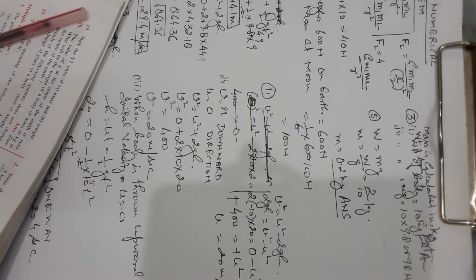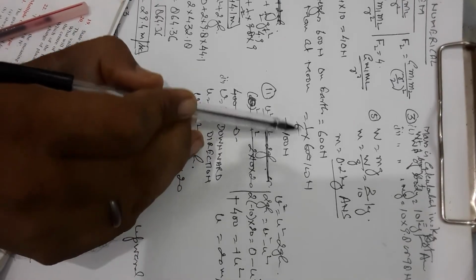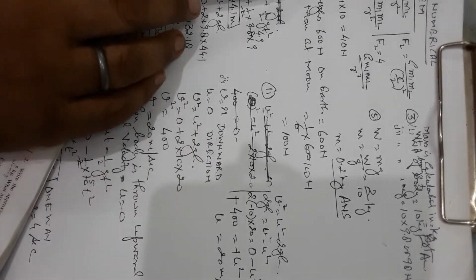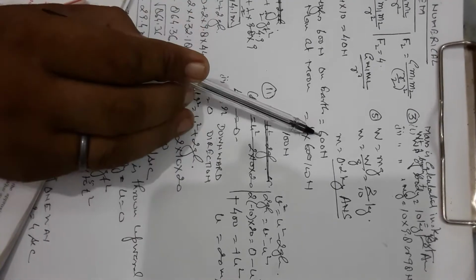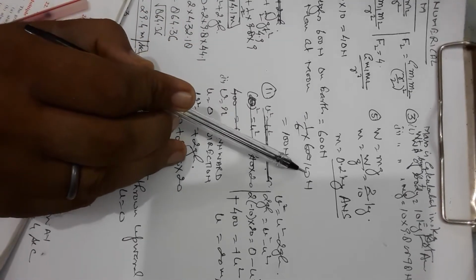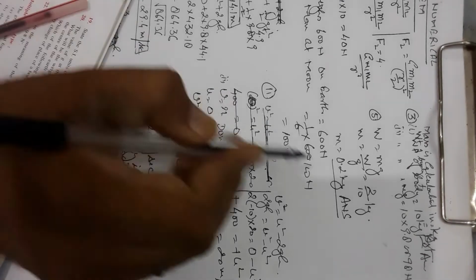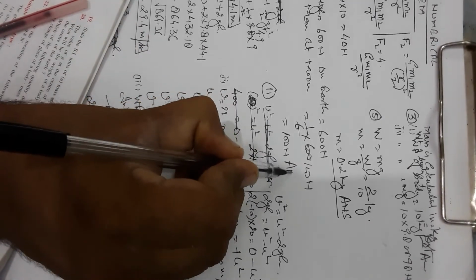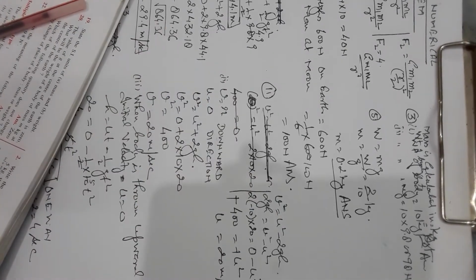Now they have given in the problem the weight of the man is 600 Newton on earth. What would be his approximate weight on the moon? You have to multiply by 1/6. So this is question number 7. Man weighs 600 Newton on earth; on the moon it is 1/6 of that. So it will become 100 Newton. Please check answer.